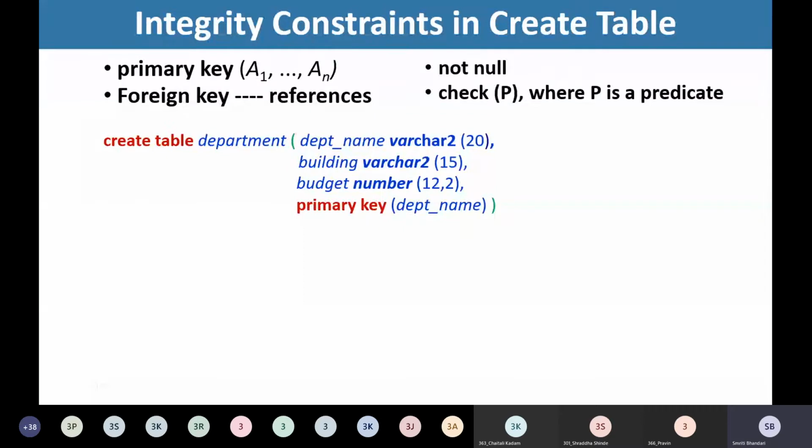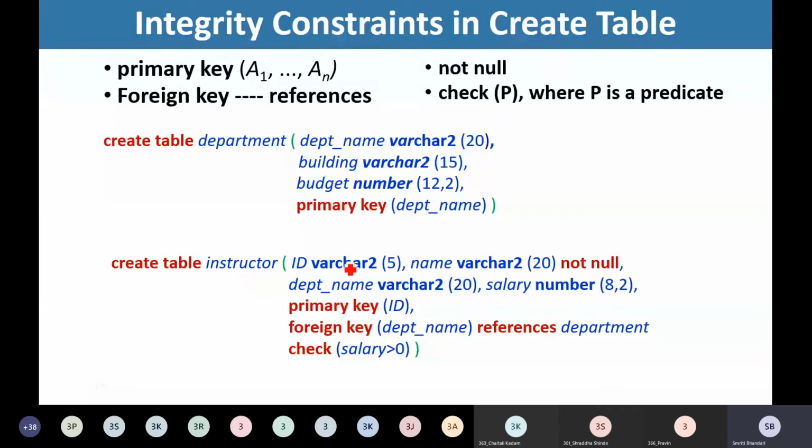Similarly, if we want to create the instructor table, what are the attributes of the instructor table? ID, name, department name and salary. Those are the attributes of the instructor table. So ID is varchar2, name is varchar2 with size 20. See here, we are imposing another integrity constraint, not null. So what does this mean?